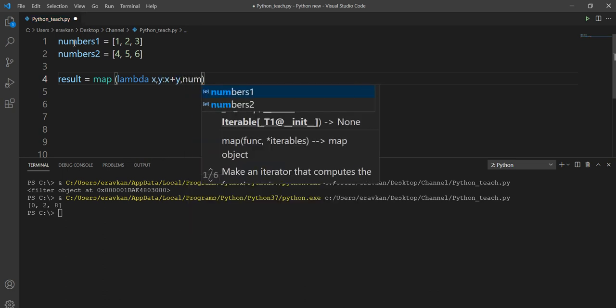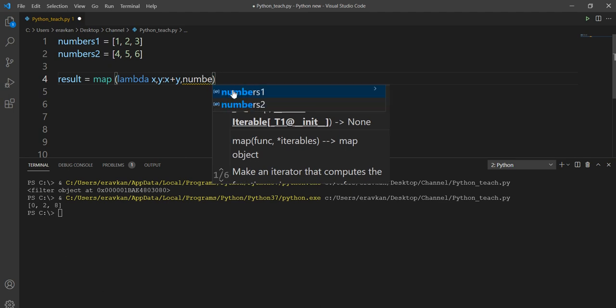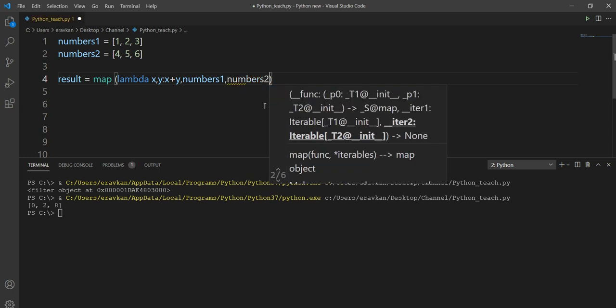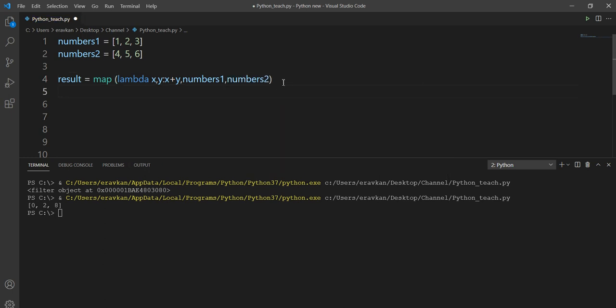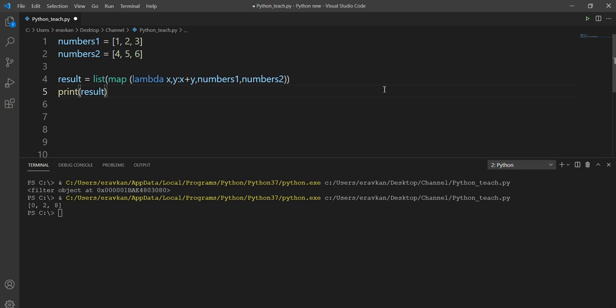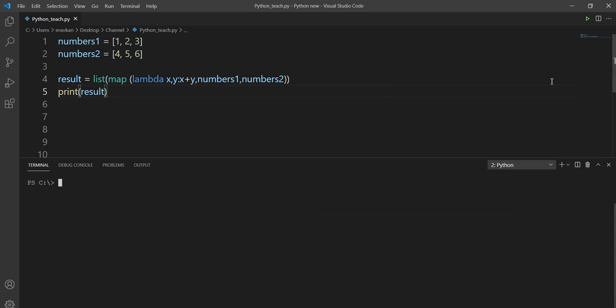Then two sequences I have, number 1 and number 2. So in this way I can add my two lists as well. So map is applied to two lists. This is also important. So you can print result. Here you will get a list that will contain the sum of 1 and 4, 2 and 5, and 6 and 3.